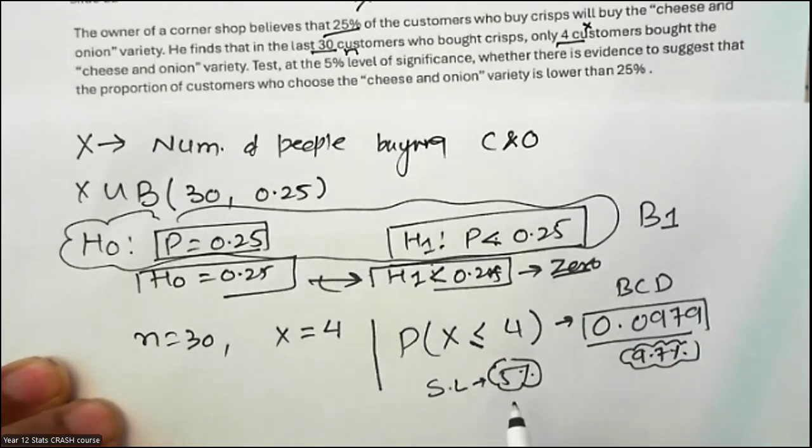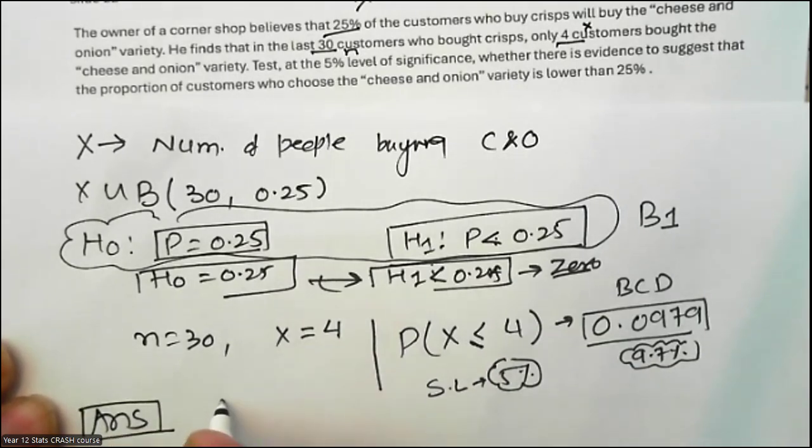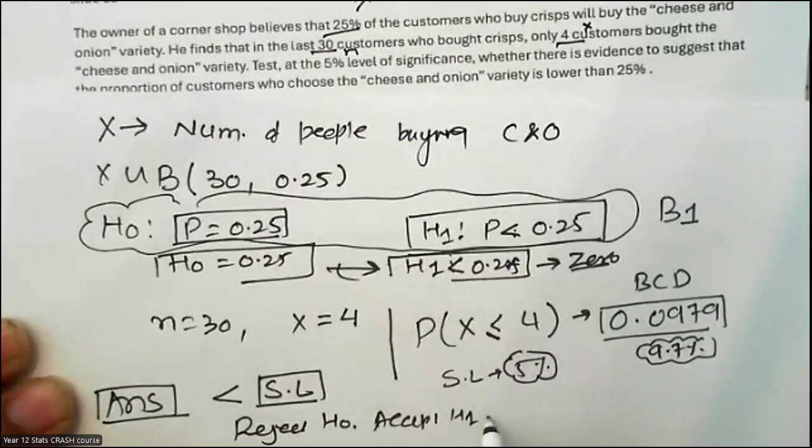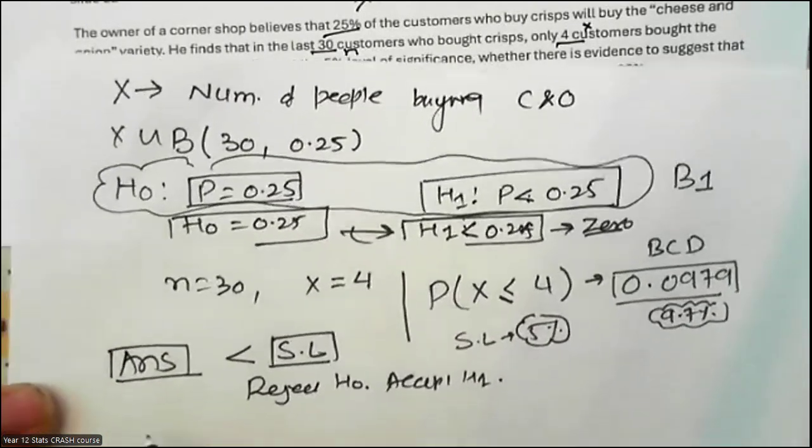So people, in terms of the context, listen very carefully. If your answer is less than the significance level, that means you need to take notice of this. This is a significant test in that way. This is to be surprised, amazed, wow, that happened. So I have to take notice of that. Then you have to reject H0, the old thing, and accept H1, the new thing. Okay, remember that. And if your answer